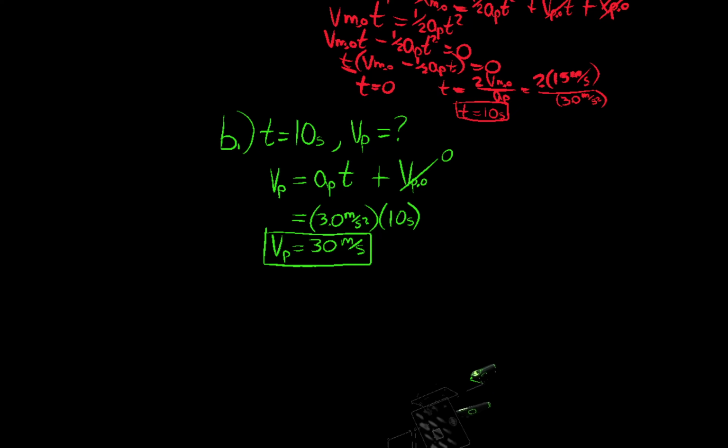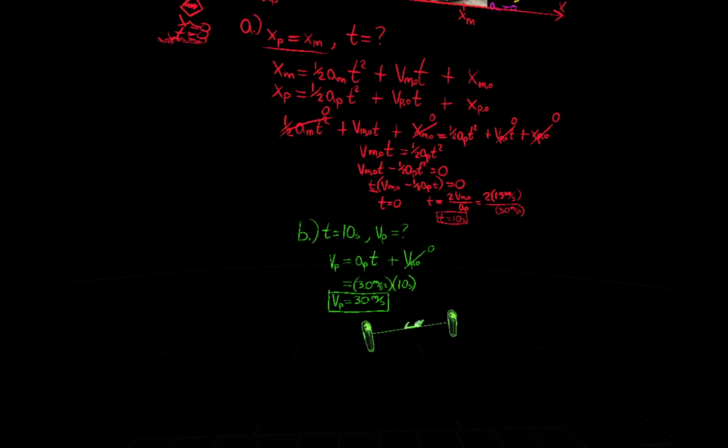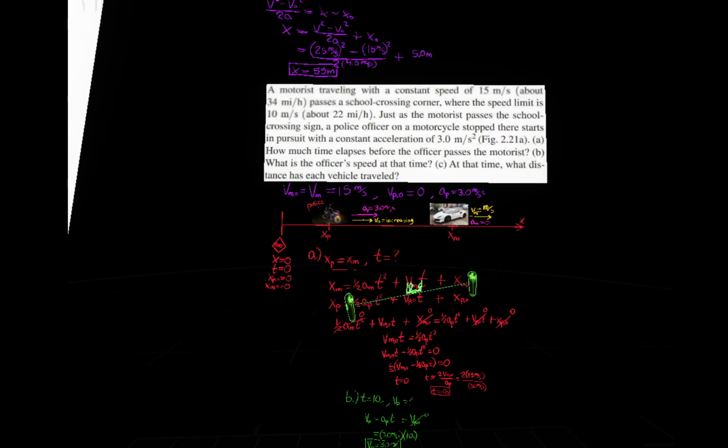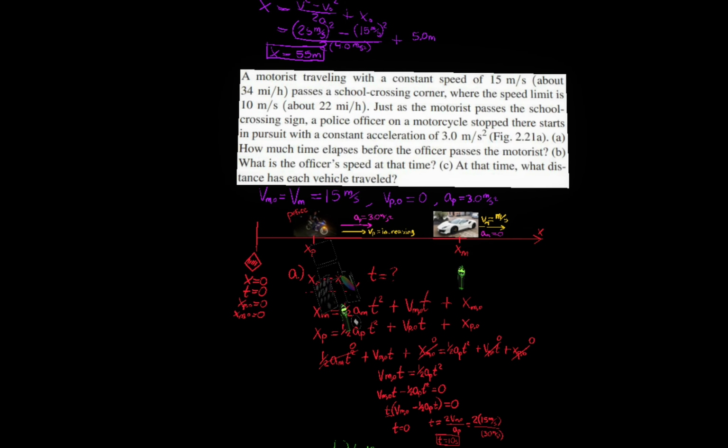All right. And specifically, it asked for the speed. I'll go back to confirm. It didn't ask for the velocity of the motorist or of the police officers. It said, what is the speed? And of course, colloquially, we would refer to speed and velocity as about the same thing if you were talking to your buddy over a sandwich. But in physics, when it says speed, that is specifically meters per second, but we're not talking about